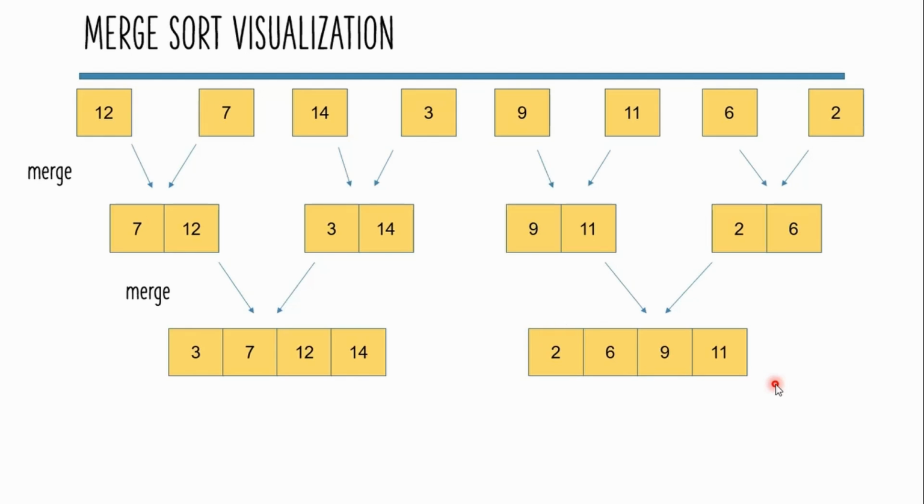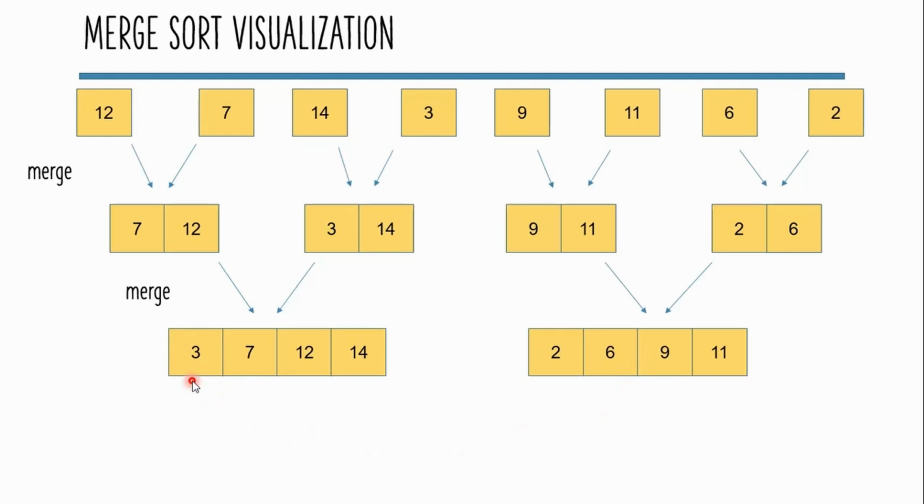So let's say I compare the first element with the first element in the right subarray, so 2 is compared with 3. 2 is obviously less than 3, so it will come first. And now as we have appended the element from the left subarray, we need to increment the value of j, so it will go to the next element that is there, and that is 6. i is not incremented, so we need to compare the first element itself with 6.